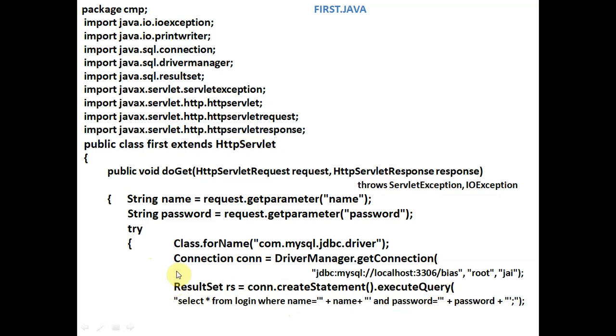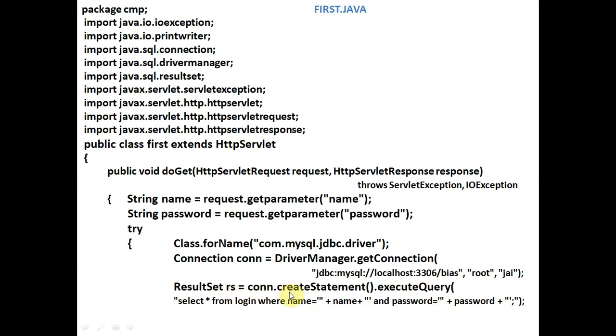So we write ResultSet rs equals connection.createStatement. Connection is already written here, so connection.createStatement. Initially it is a blank statement, but when we execute the query, we will have this query. After activating this query, we will have the complete one line of data for this particular username and password.